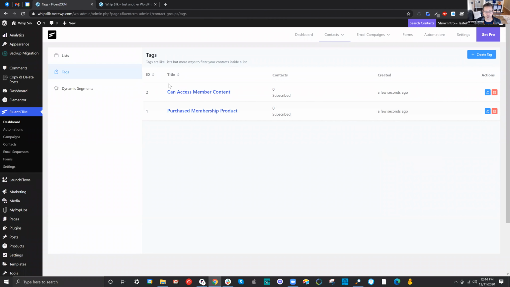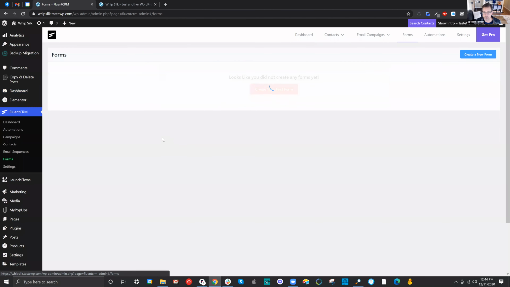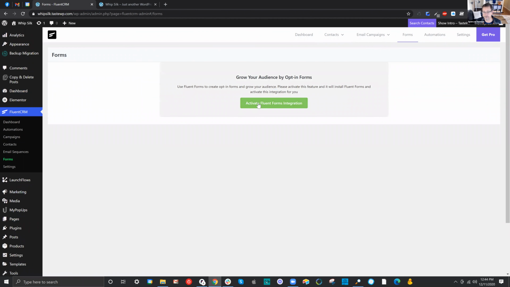I'm not going to show you guys how to do that here, but Fluent CRM has, just like every CRM, its own forms, which you can use to create a very simple, beautiful, here, give me your email and I'll send you something for it. When people do that, they will be in there for future email. But that's different than putting them in your website. When we want to register,